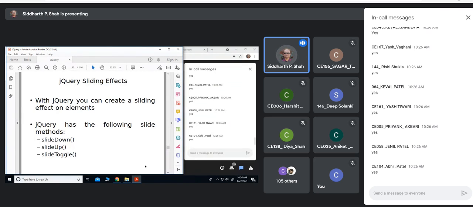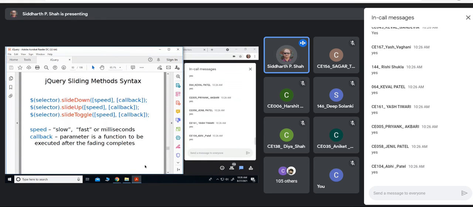Now we have sliding effects. That was the fading effect, this is sliding effects. I'm going through this very fast. Slide down, slide up, and the syntax is very similar to fade in, fade out. And slide toggle is also there. In slide toggle, again, there is no need for opacity because we are not fading in and out.